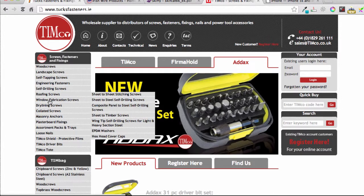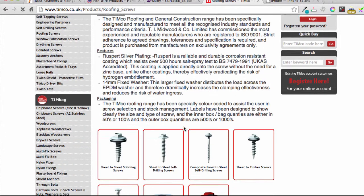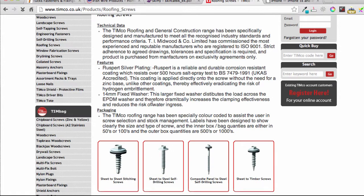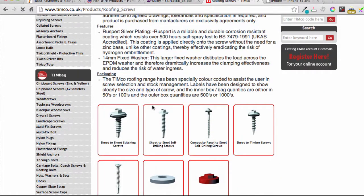Roof screws. I just want to see how they lay out their actual products. Okay, so you have the screws in there. Technical data. This is important, of course. Technical data and the features are going to be very important in the packaging. And the images are going to be very important as well, because when people are taking a look at